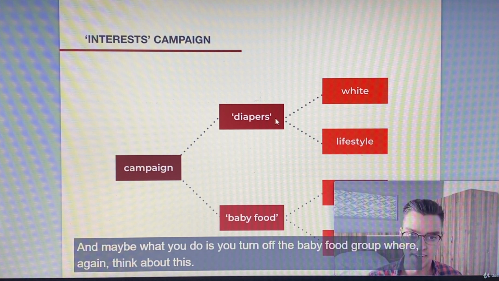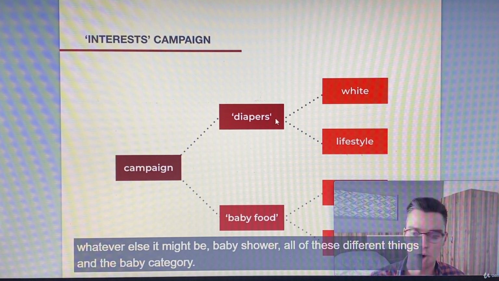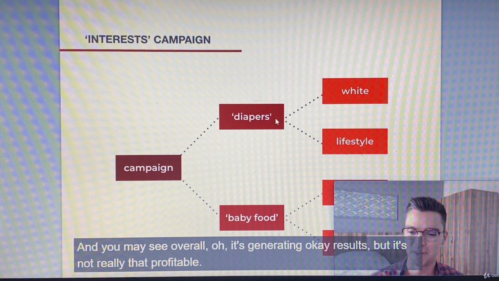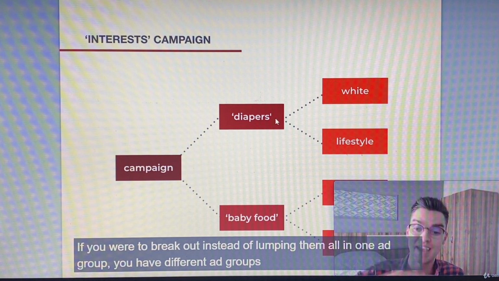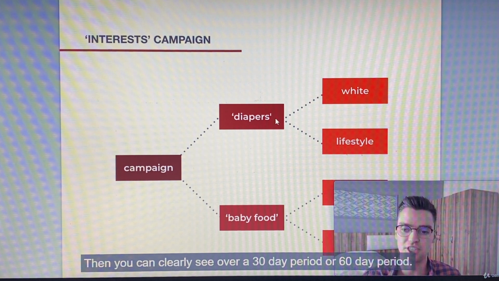Where again, think about this: if you had one ad group, and in that one ad group you were targeting diapers, baby food, baby formula, baby shower, all of these different things in the baby category. And you may say overall, oh, it's generating okay results, but it's not really that profitable. Well, guess what? If you were to break them out, instead of lumping them all into one ad group, you have different ad groups for each interest, then you can clearly see over a 30-day period or 60-day period,